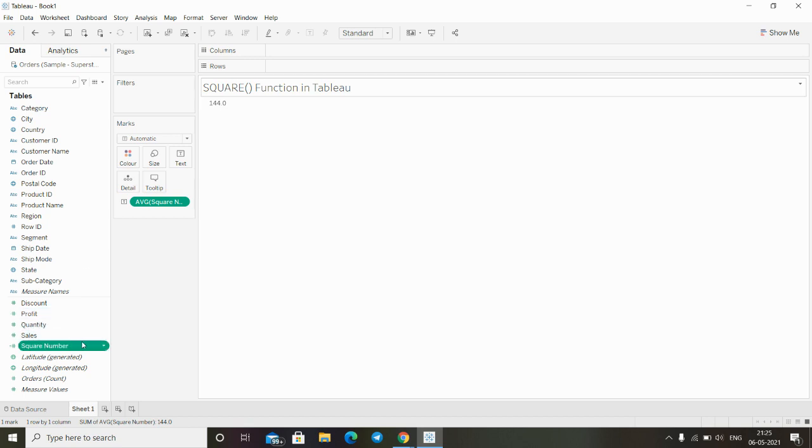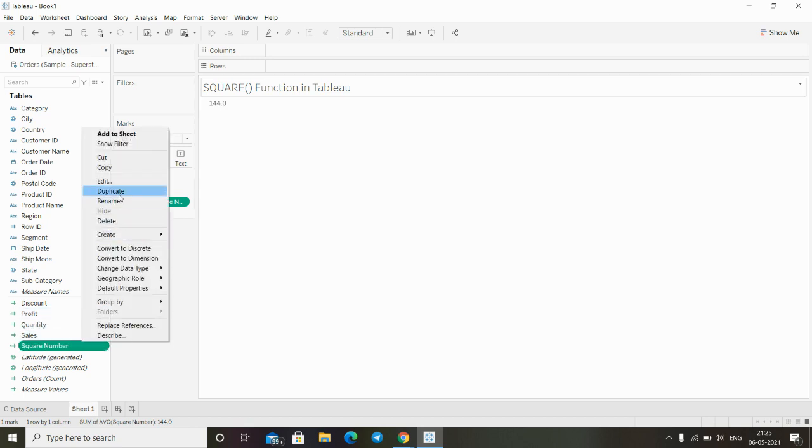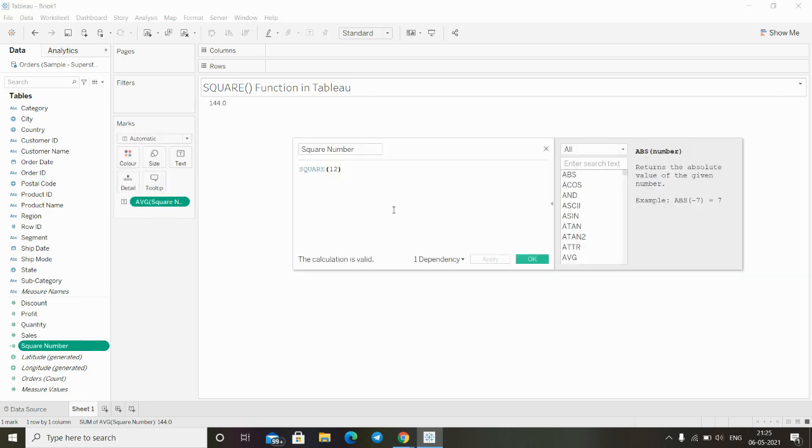So if we go to our function again, and here if I change the value as 10, and if I click on apply, so now we can see it is showing the 100 as a value, which is basically the